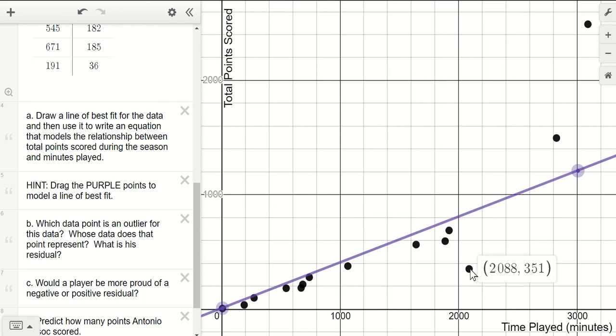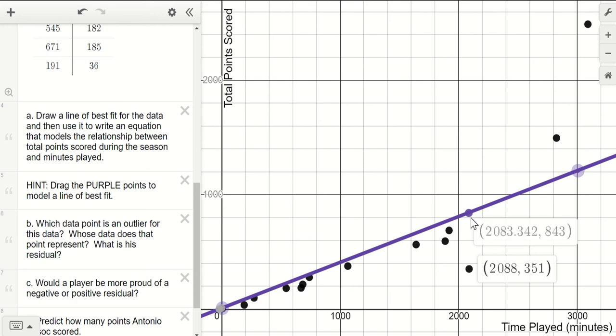So for example, if you thought it was this particular player, what you would do is drag on here, and you can get to where I want an X value of 2088. I think I can go to 2088, or I can get super close to it. Not as close as I want. That's pretty close. Around 2088, I've got a predicted value for my current model of 845. The data point right below that, at 2088 minutes of play, has an actual points scored of